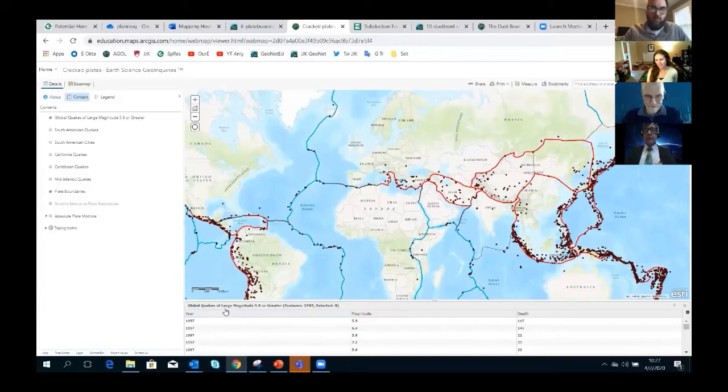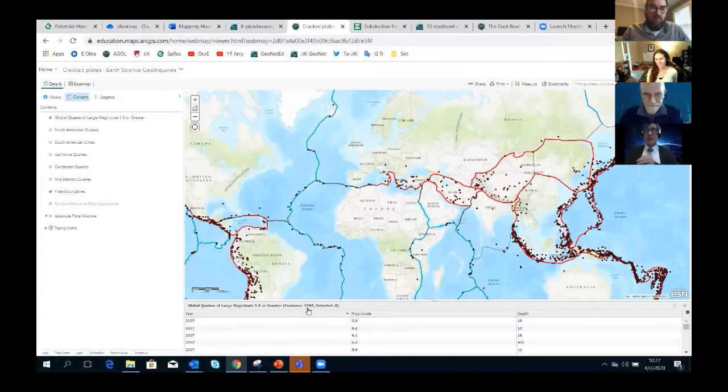So for example, here we've got a year. We could sort ascending, and we can see that the year starts with 1997. And just like with Excel, you can sort in descending mode as well. So you see that we've got from 1997 to 2007, so 10 years of earthquakes at 5.8 and above. How many earthquakes are in there? You see, just like I do, that it says